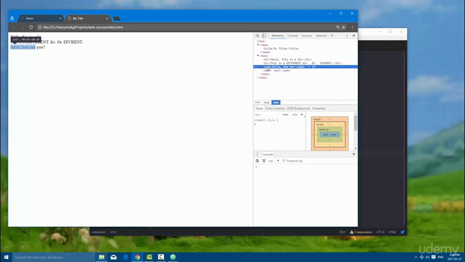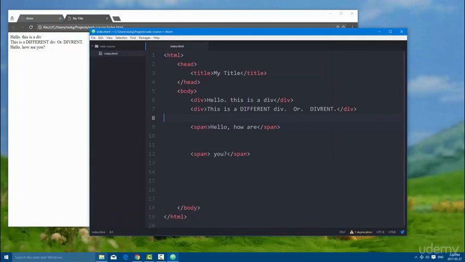Admittedly, these are going to be the two elements that you use most in creating a web page, but we're not going to use them exclusively. There is a name for that. When you open up a website and all you see are div elements, that's called div soup. That problem has been solved with HTML5 and the introduction of new elements that we can use instead of div elements. We're going to be discussing a lot of those as well, and I'll point those out as we get to them. So again, just to recap, you build an element by opening and closing it, and then the content that you put within it is part of that element. The entire element is that right